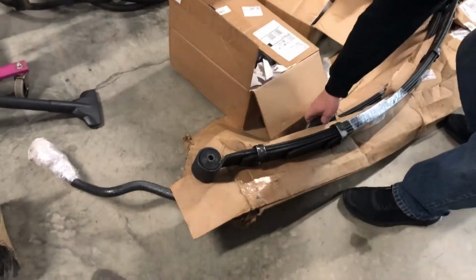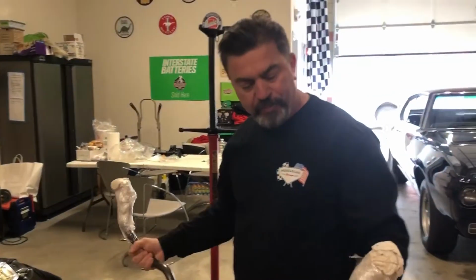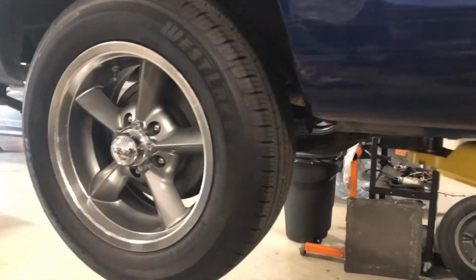This is the sway bar. He's putting in a heavy duty sway bar on this Mustang. Once it's done, we're going to road test it and we'll do another video on it where